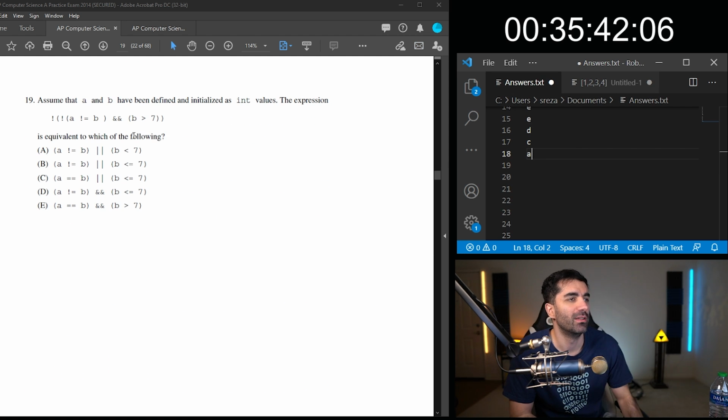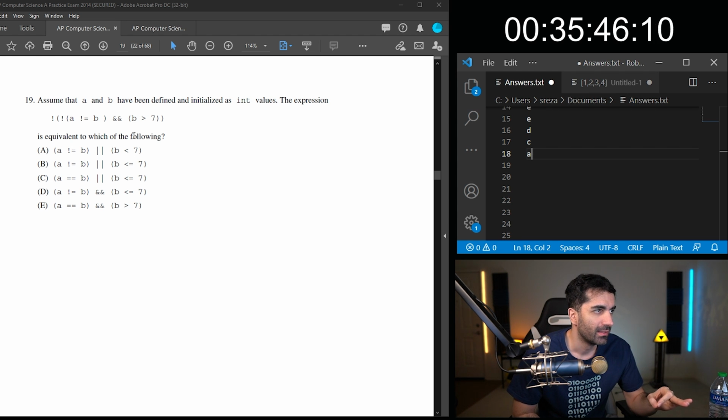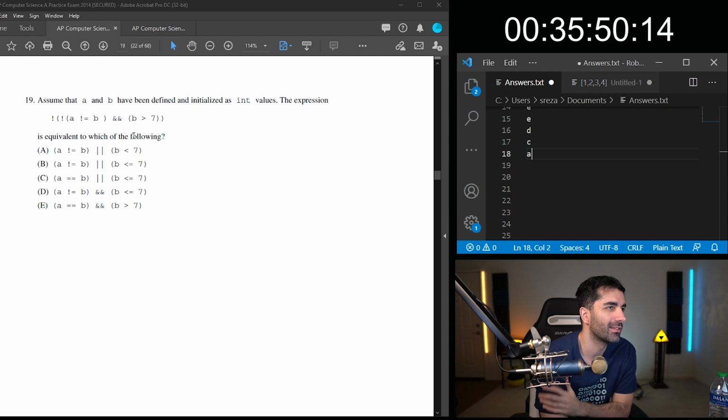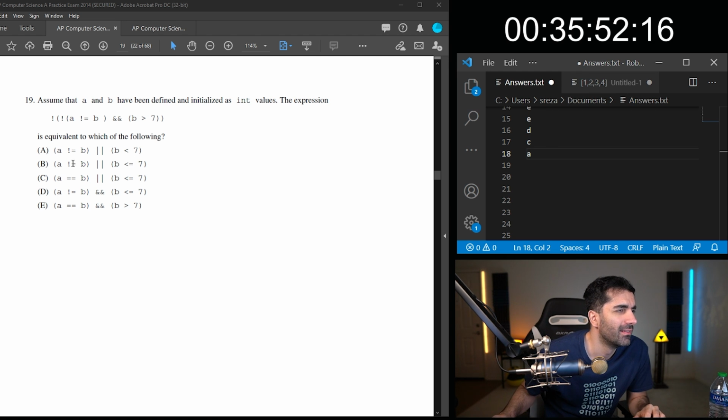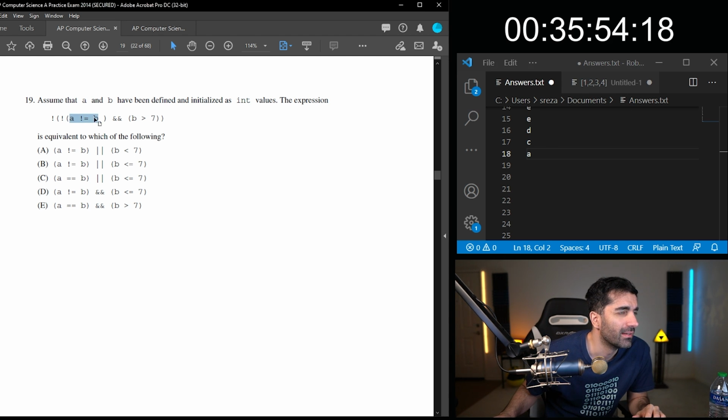Assume that A and B have been defined and initialized as int values. The expression is equivalent to which of the following? Oh my gosh, look at this. Okay. So would these two nots cancel out? Is this some like De Morgan's law stuff that we need to do?